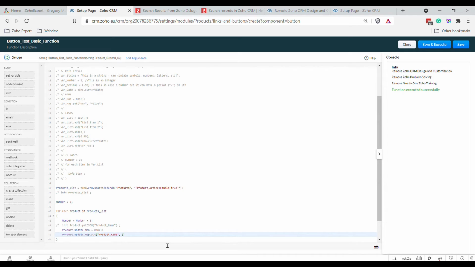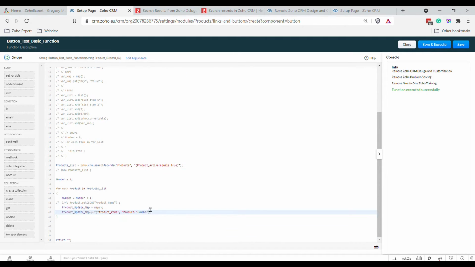So here we want to call this product hyphen plus number. So it'll save the product code for the first one as product 1, the next one is product 2, and the next one is product 3. Okay, and now what we want to do is say product update response